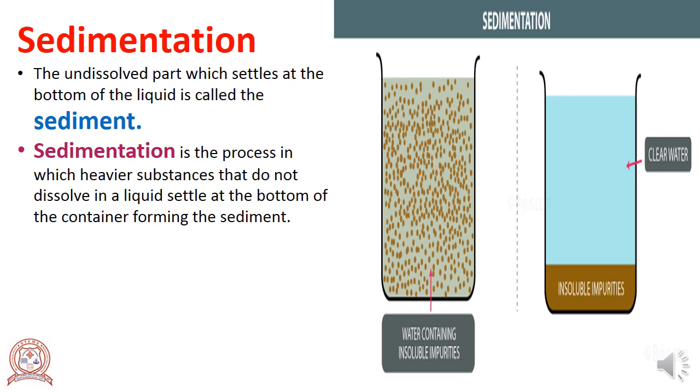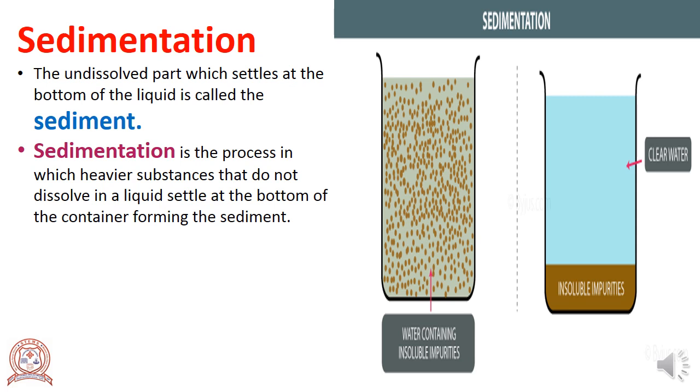It is not always possible to separate components of a mixture by simple methods like hand picking and winnowing. This is especially true if the mixture consists of a solid and a liquid. These methods are used to separate insoluble solids from liquids. Sedimentation is the process in which the heavier particles of an insoluble solid settle down in a liquid.